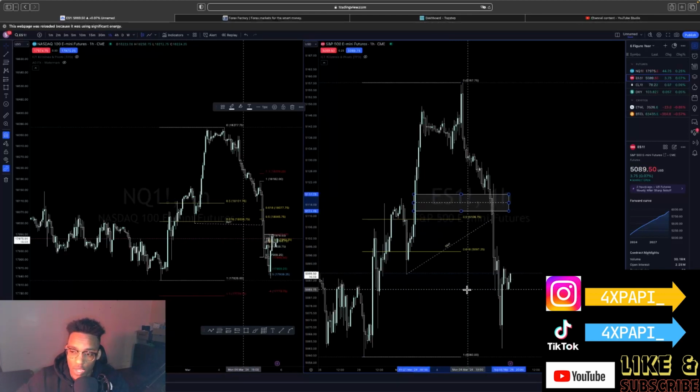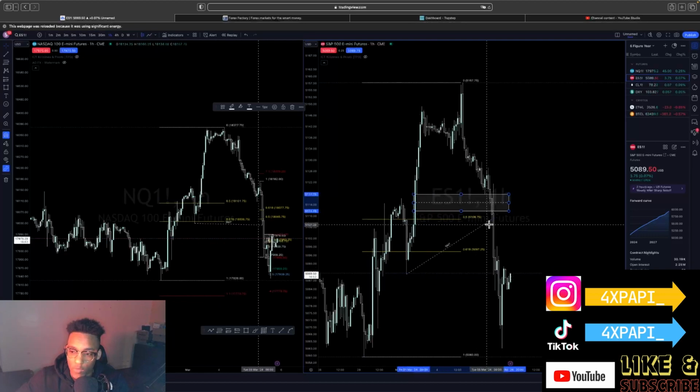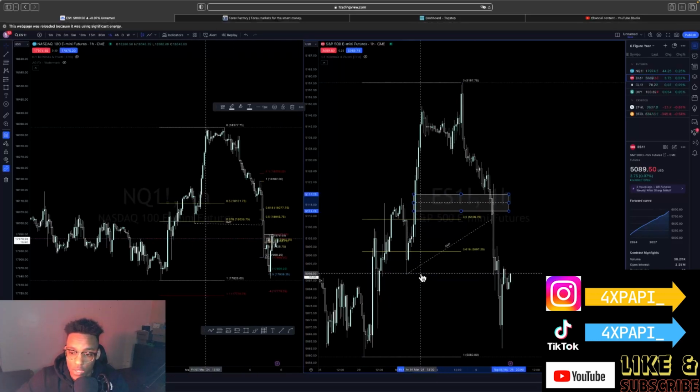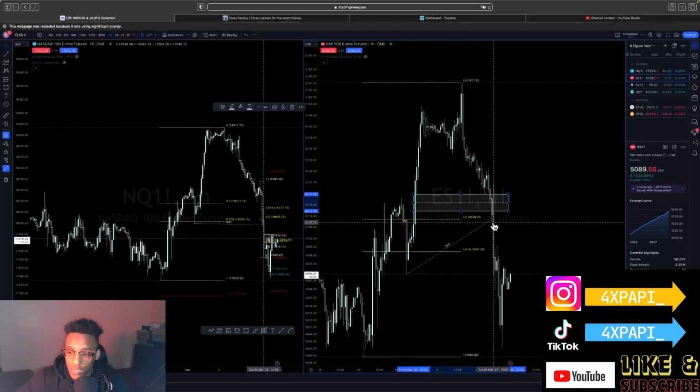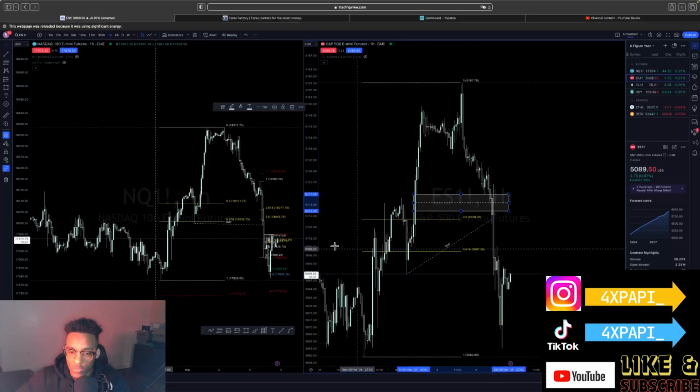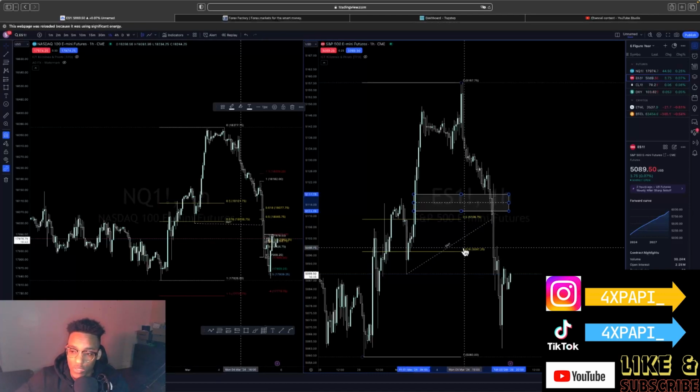So another reason why I think I may have jumped the gun on this trade is because we had this larger time frame SMT. So notice at the time, the 9 o'clock candle, so by open, we had taken this low, but we didn't end up taking this low until the 11 o'clock candle. So 2 hours after. So we had SMT at the time of the trade as well. So that was another confluence trying to build a narrative.